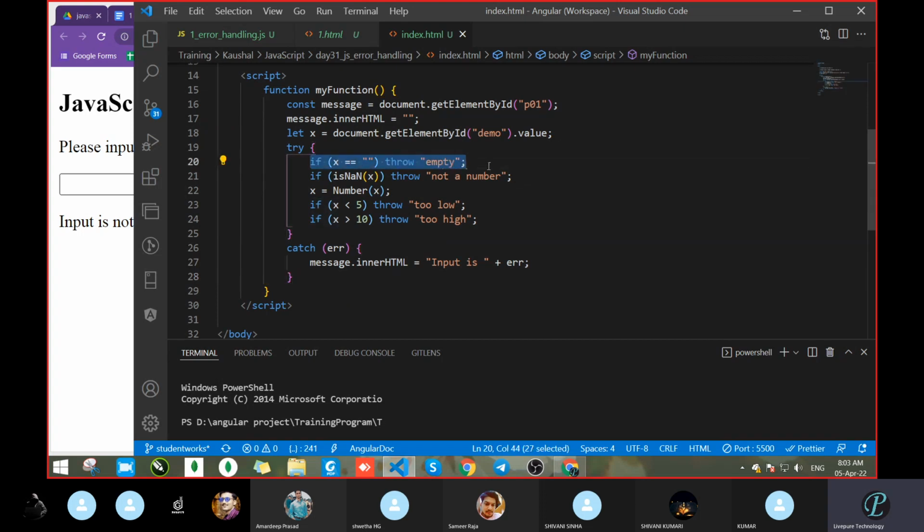Means if the validation is there, suppose that data is there, if x equal to empty, what happened? They return one statement, throw. What has to be thrown? It has to throw empty. Fine. Next, if isNaN(x), if x is not a number, with the help of isNaN, means not a number, and they had taken that.